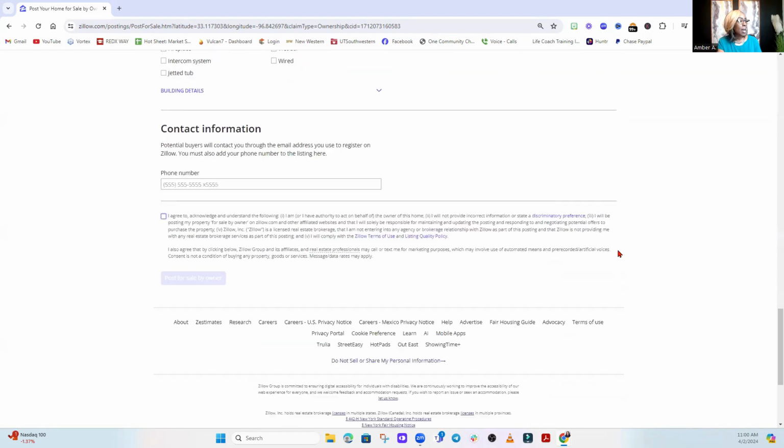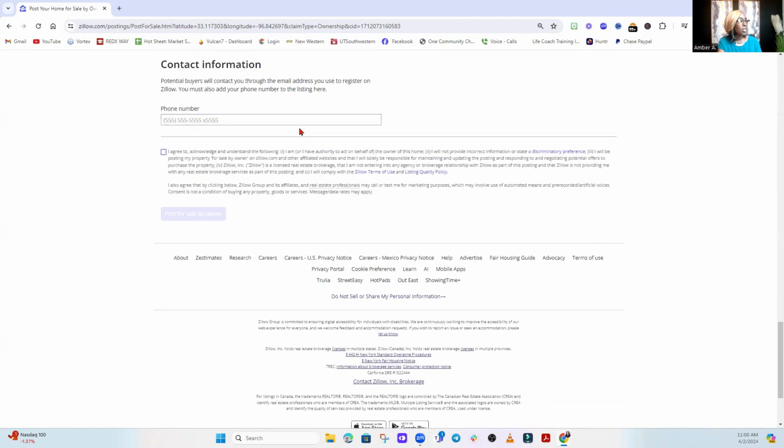The other thing I'm going to say about this phone number section, really quickly, the phone number section is really important. And here's why. It's as important as the photos, because this is how folks are going to get in touch with you. So if they want to view the property, if they're planning on coming to the open house, if they have questions, anything like that, you're going to want to be available for them. And recognizing that this is not your full-time job, you're not a realtor, you're selling your property and you've got life to live, jobs and kids and all the things that go with living a life, you may not always be available to take those calls. So what I would suggest doing